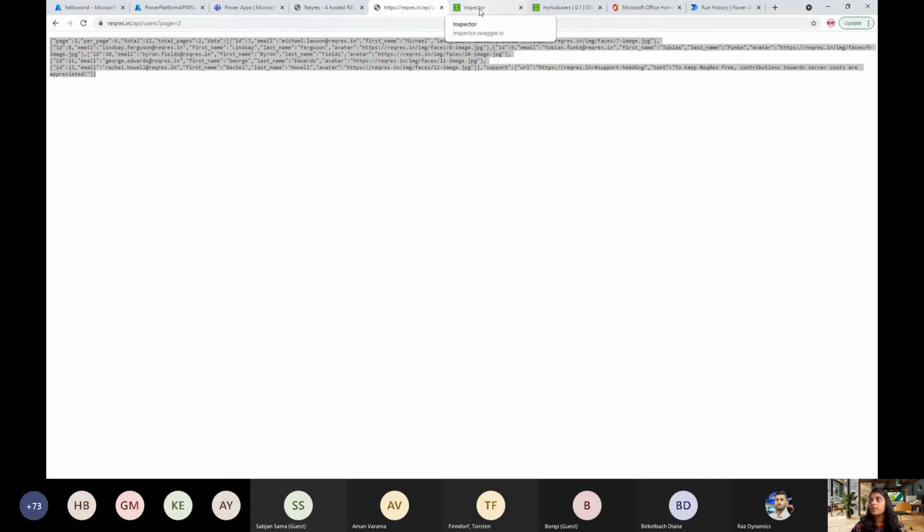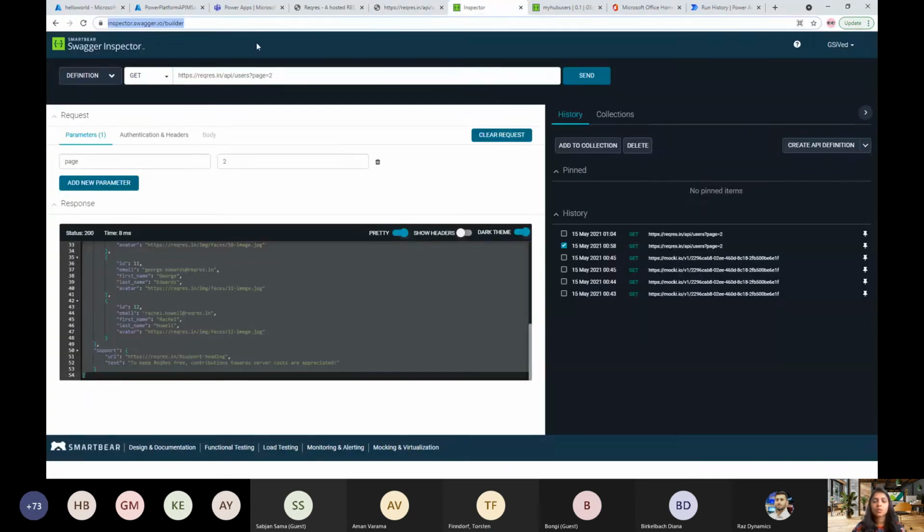So let's go back to Swagger. So what I'm using here is the Swagger Inspector. Swagger is an open source tool that you can use to work with API definitions, and it's actually a very important part of any